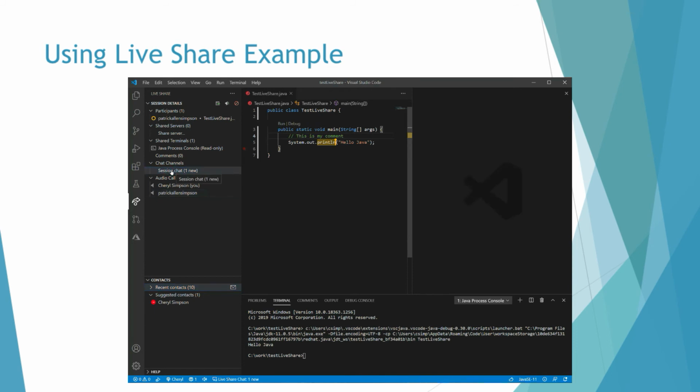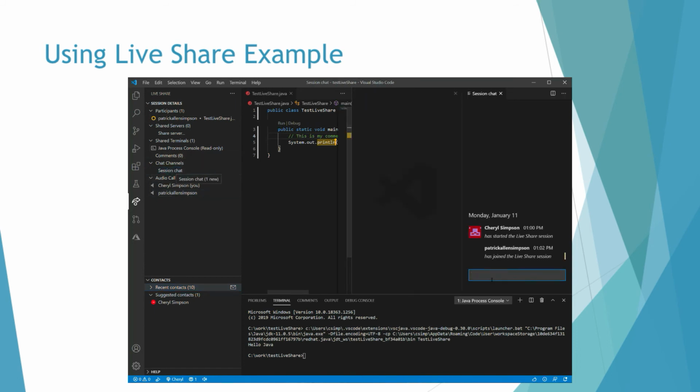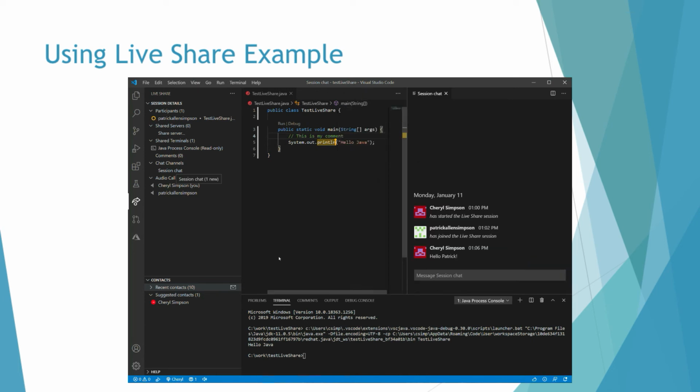I'm going to show you now the chat session for this class, or for this project. As you can see, I can open up the session chat and I can say hello to Patrick. At the same time, Patrick can go back and respond to me. So you can see in the bottom where Patrick responded with hello. This is a great way to be able to allow your students to talk to you while you go and